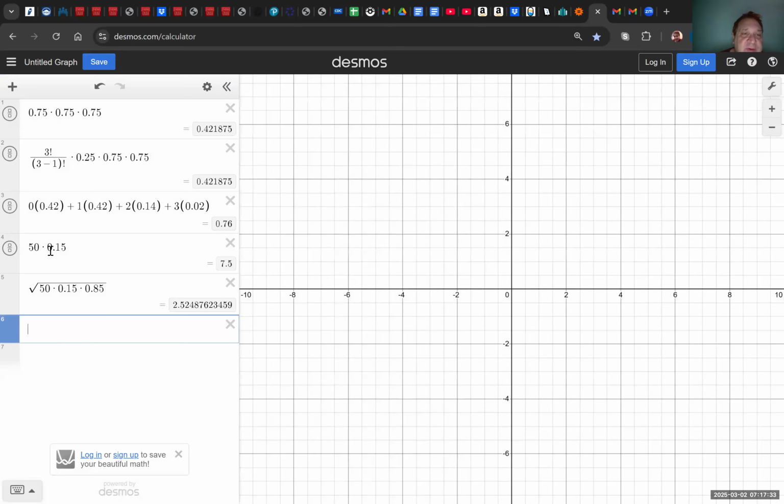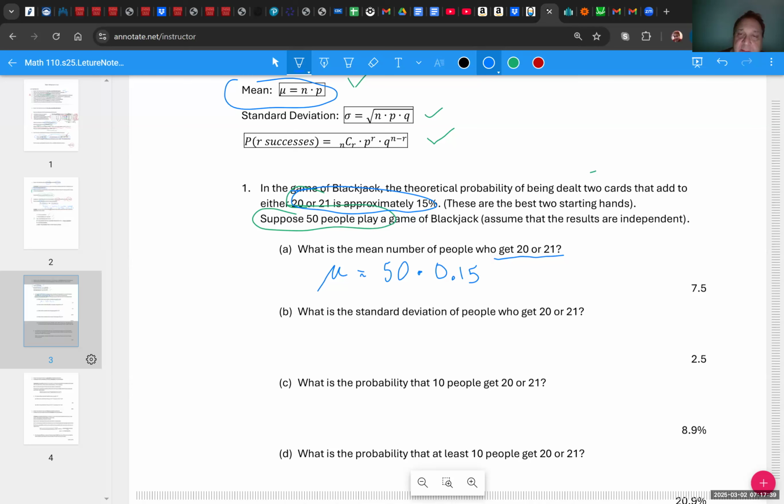Yeah, here it is. 50 times 0.15 is 7.5. So 7.5 is going to be the mean. We're trying to find out the mean number of people who get 20 or 21. The mean number of people who get 20 or 21 is 7.5, which means if we get 50 people playing